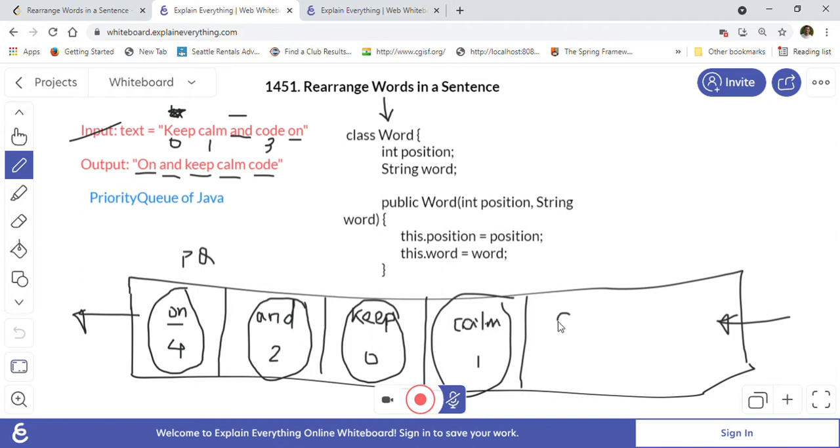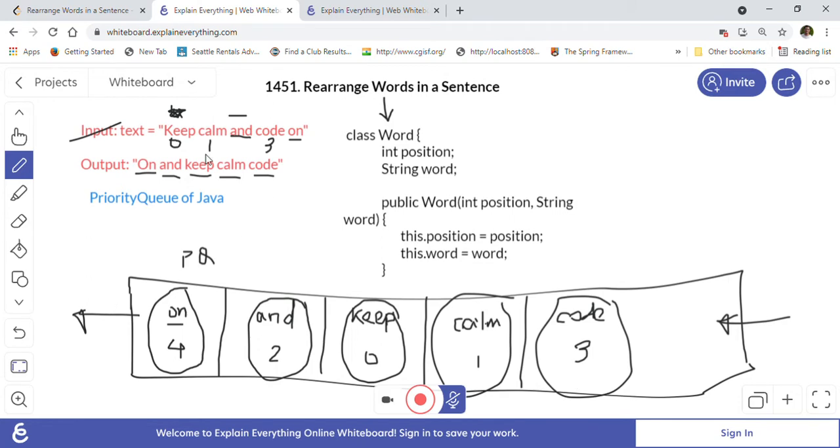Okay, so this is code, and the code word index will be 3, right? So index 3 will come here, and that's it. So this is how the priority queue will prioritize the elements based on the length, and if the length is the same, then we will keep the original order, like 0 1 3 here.